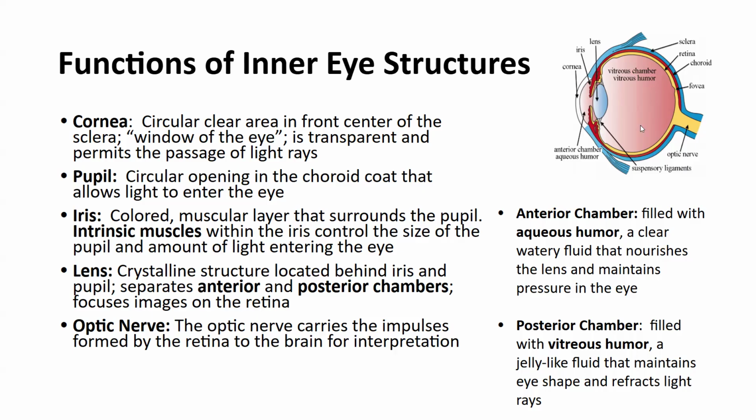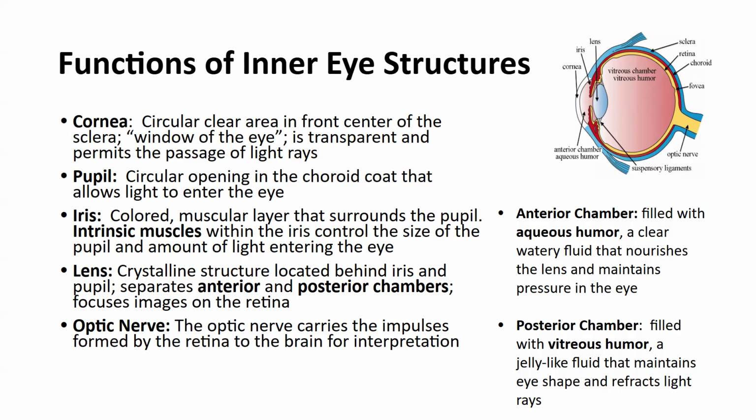And then we have our lens here. This is going to be a structure located between the iris and the pupil that separates the anterior and the posterior chambers and focuses the images for the retina. So within those anterior and posterior chambers, in that anterior, we have our